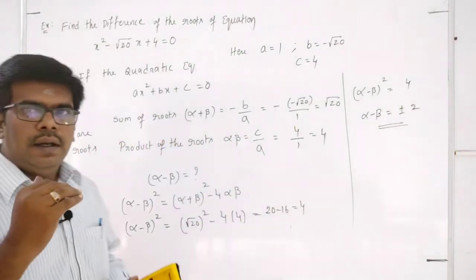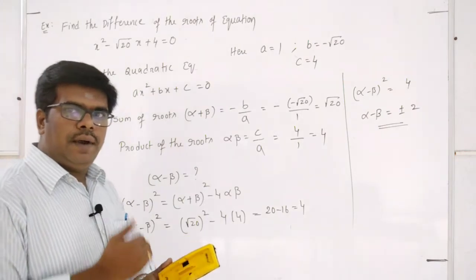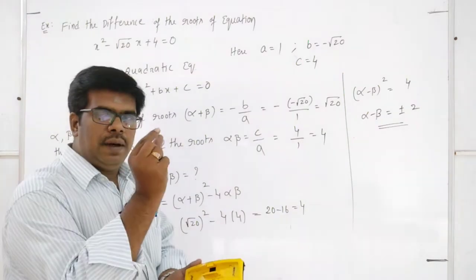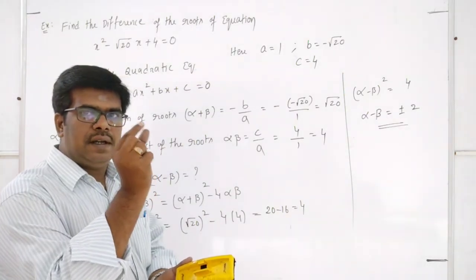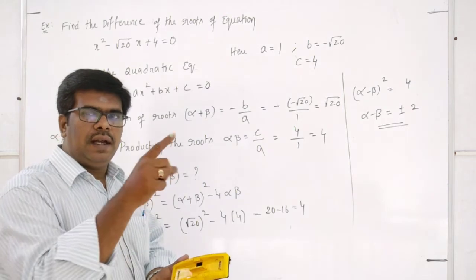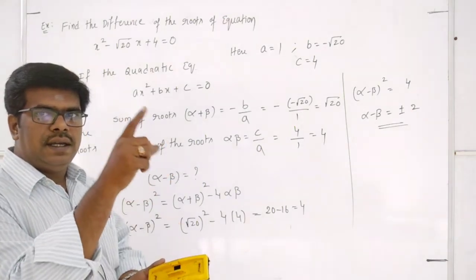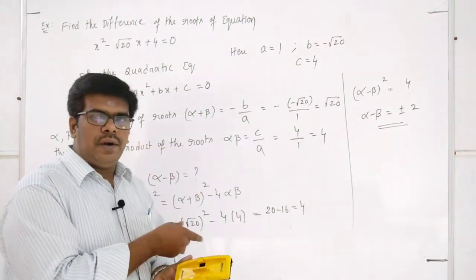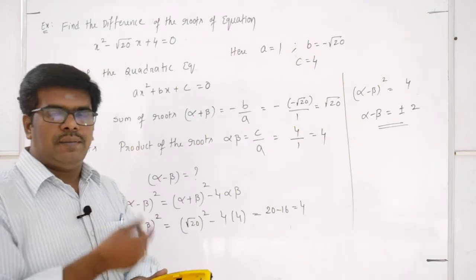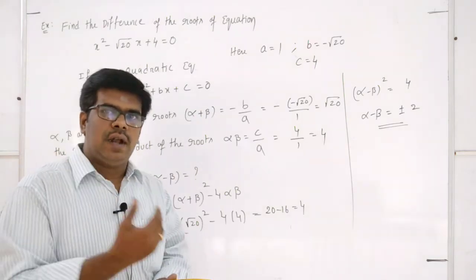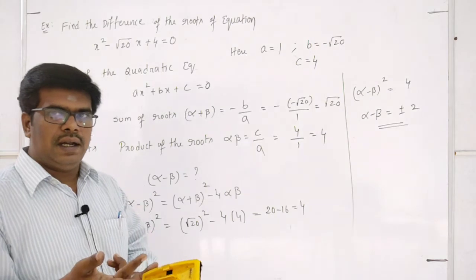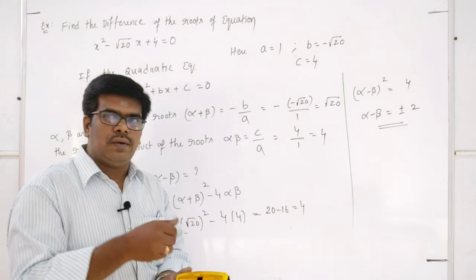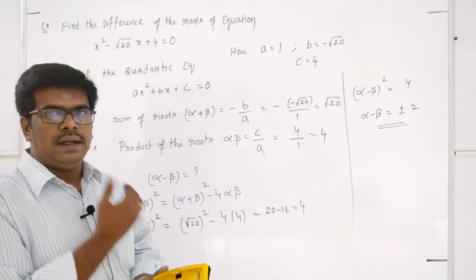The quadratic equation we found by the splitting method: ax square plus bx plus c. If you split bx, you have to get ac x square. In that way, you split and select those numbers, and if you substitute in place of bx, you will get the roots. Or else, if you are unable to split like that, you can directly use the formula for finding the roots, that is minus b plus or minus root over b square minus 4ac, by 2a.